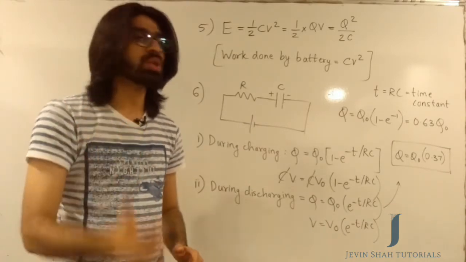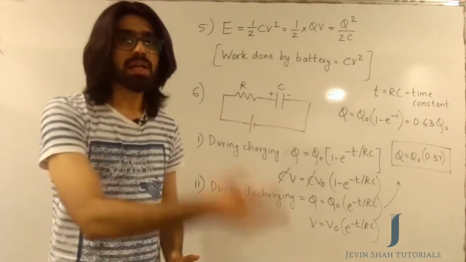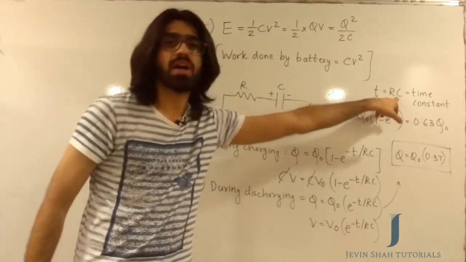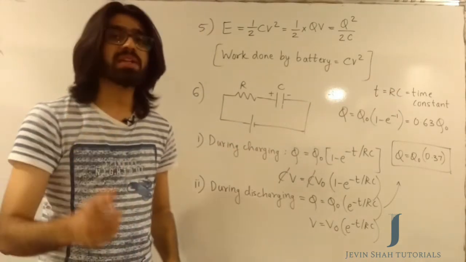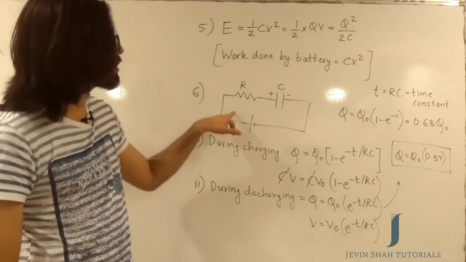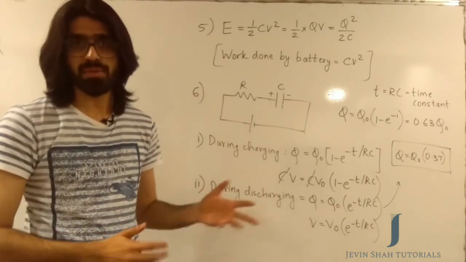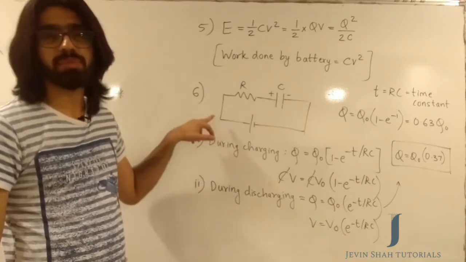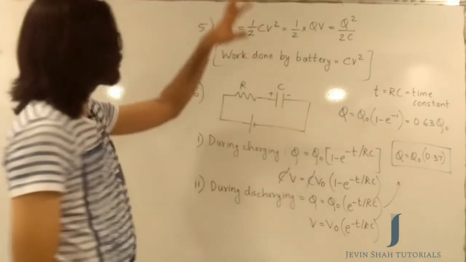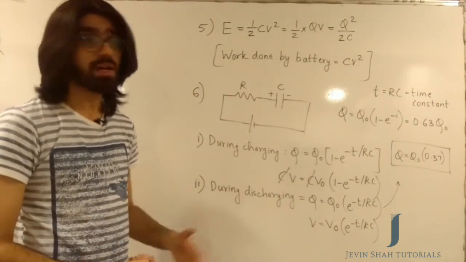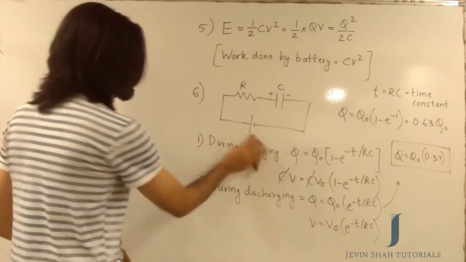More than the definition, what you need to keep in mind is the time constant for any RC circuit is simply and simply R multiplied by C. If you know that, you are thorough with this concept, and expect sums in your JEE mains and advanced based on this, because like I said, if I were to set a JEE mains paper, this is one concept I would put a question on. Let's go ahead with the next formula. I hope you have made a note of all these things. If yes, we'll go ahead with the next one. So just make a note of this.